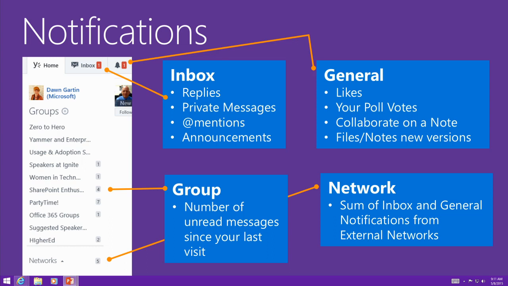Now, there are lots of external networks that you can look to join. There's professional industries, there's this event, there's different organizations that will create networks. So what you'll find as you get more adept in Yammer is that there's new ways that you can actually leverage this product by joining other communities and other networks. And so you'll see the notifications are there as well if there are posts going on there.